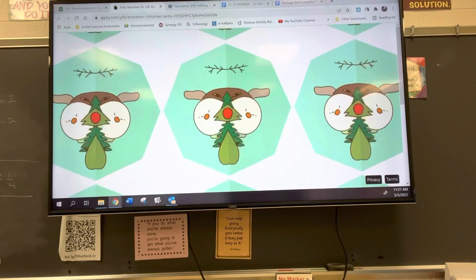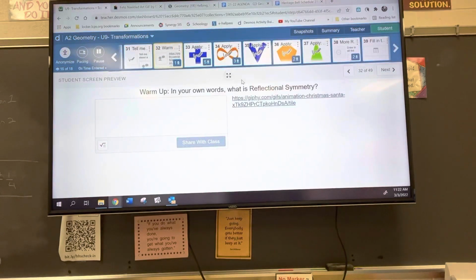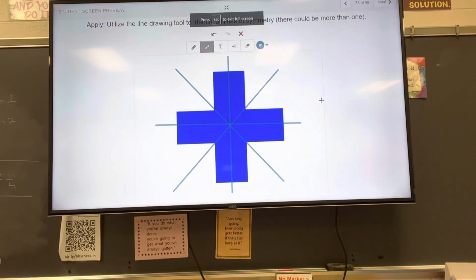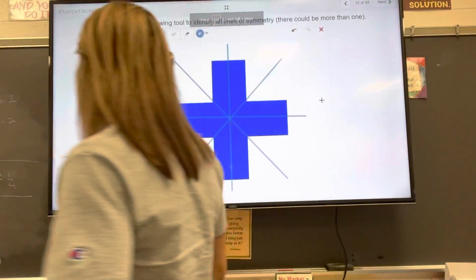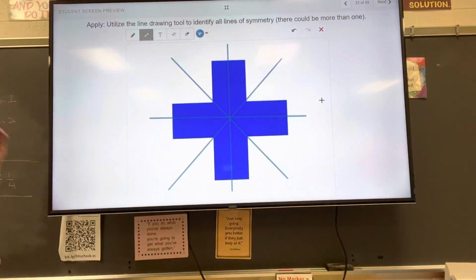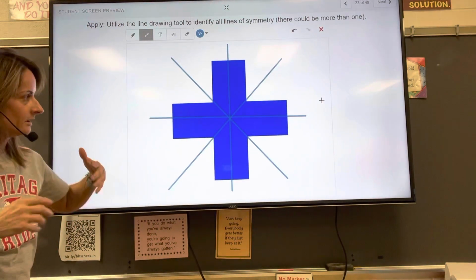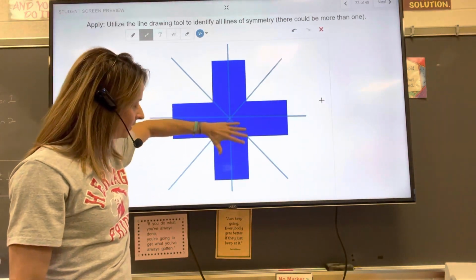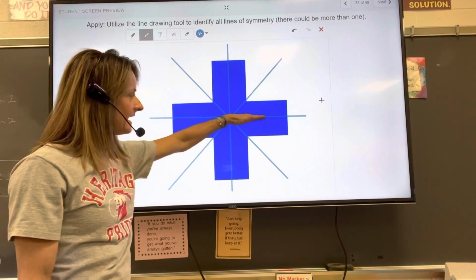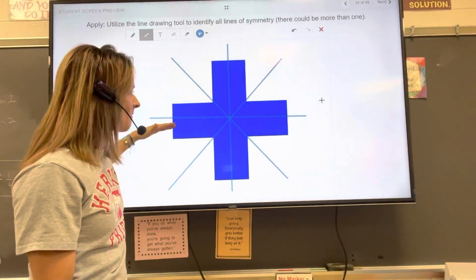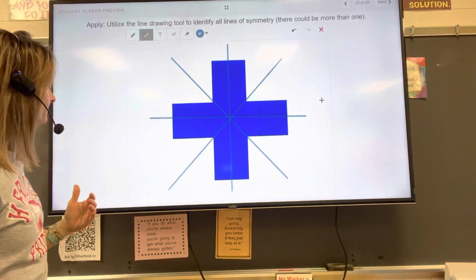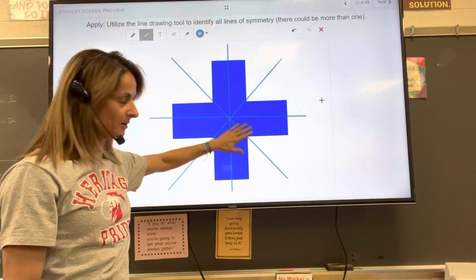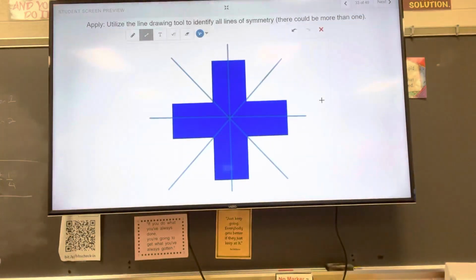Where's my mouse? Here it is. So now we are going to go to our first example that we've already done in class. And we use the line drawing tool to identify lines of symmetry. Obviously mine aren't perfect, but if you take the figure and fold it over and it maps onto itself, that is a line of symmetry for that figure. So this figure has 4 lines of symmetry because you could actually fold it diagonally as well and it would map onto itself. So the next one